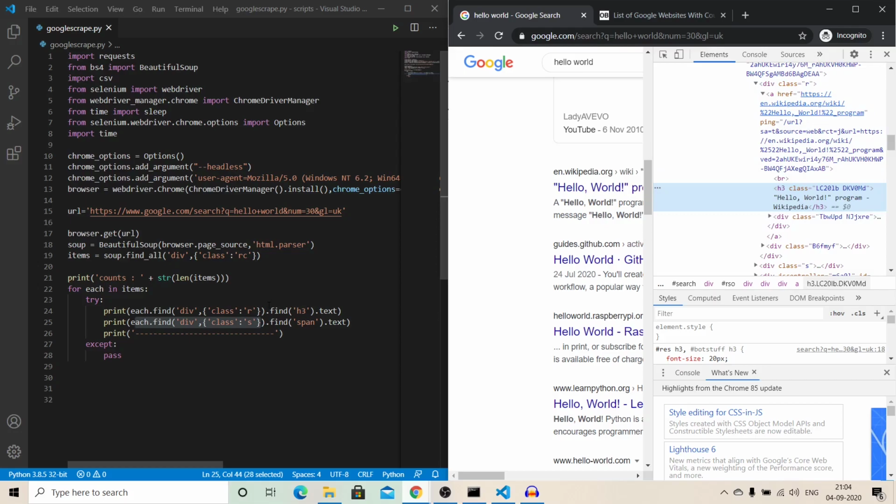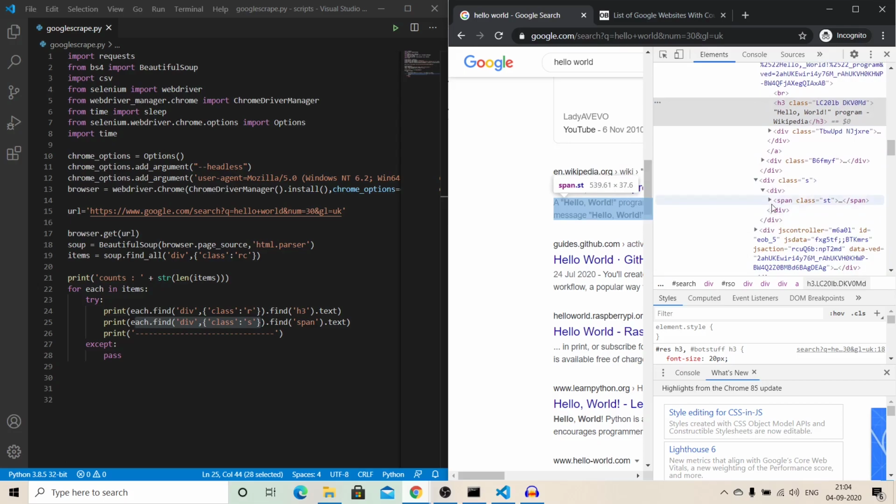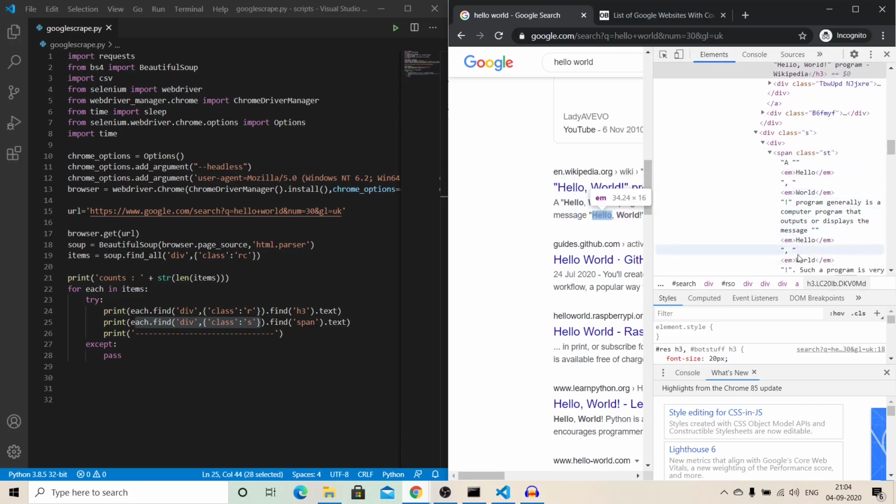So inside the R we are trying to find an H3 tag. Inside the H3 tag we are getting the text which is written over here. Similarly, if you move to the S class, inside the S class we have a span, and inside the span we have our whole text written. So inside the span, we are finding the whole text.